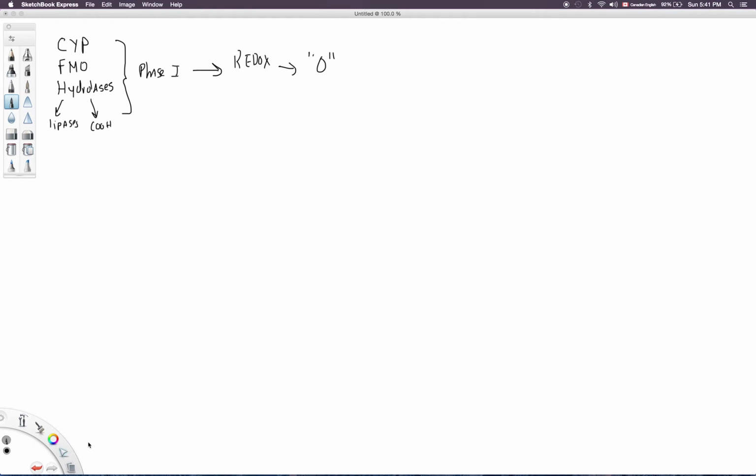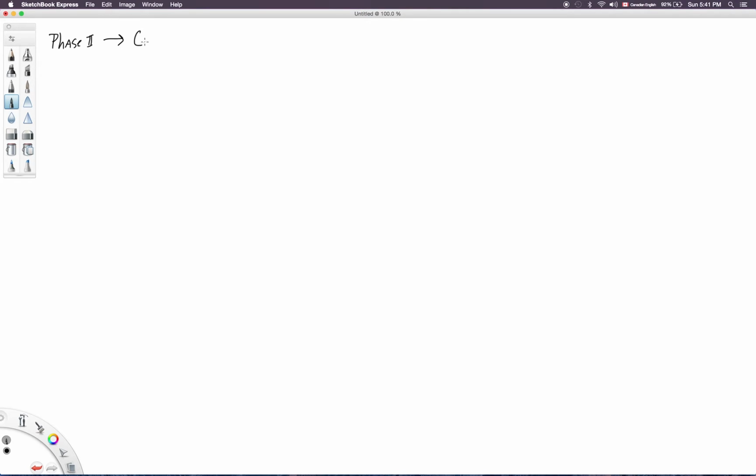Okay. So now what we're going to do today is start talking about the phase 2 biotransformation reactions. And phase 2 biotransformation reactions often go by either conjugation or synthetic